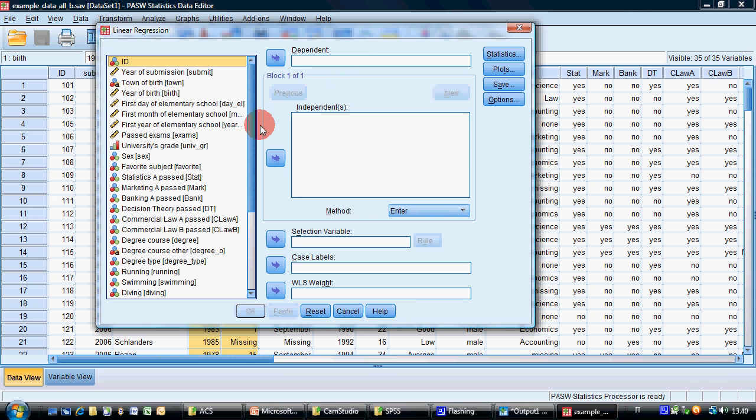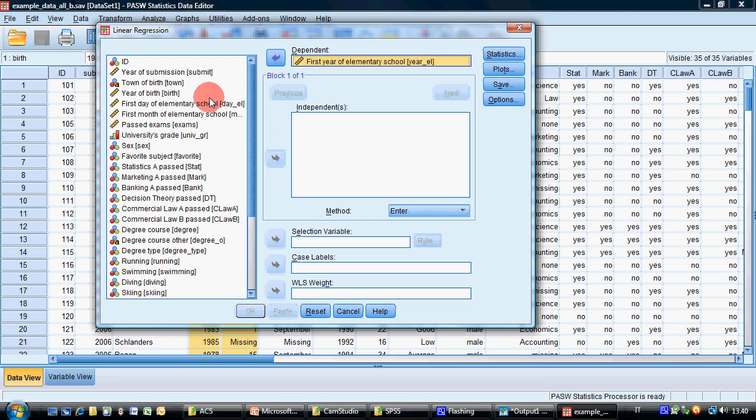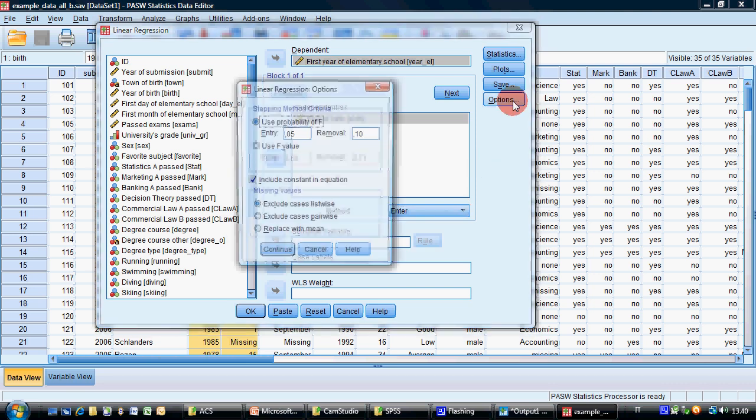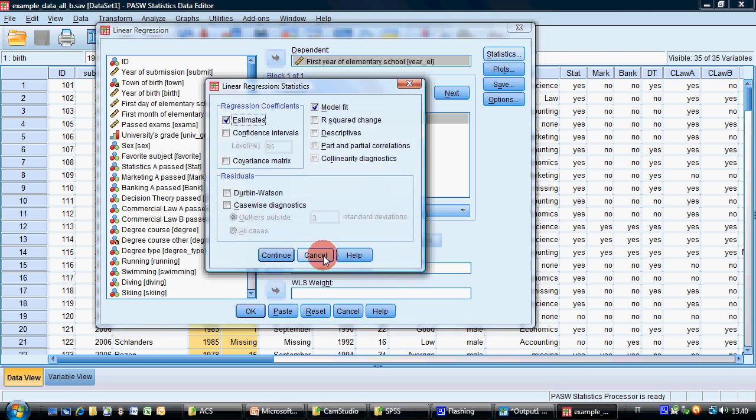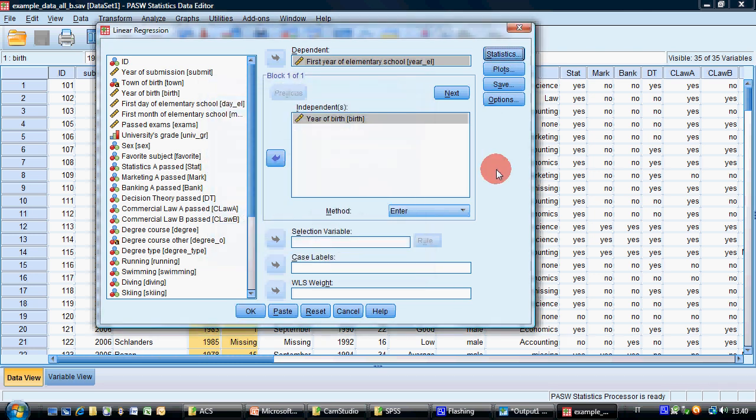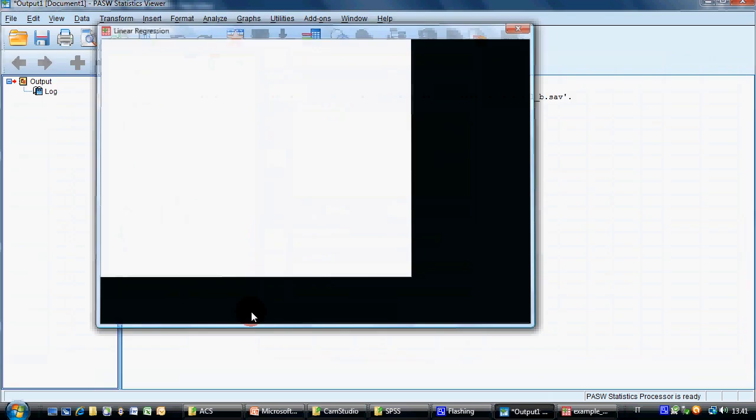Usually you decide from a theoretical point of view, so there is no statistics here, there's only theory, which variable is dependent and which variable is independent. So which is the influenced variable and which variable influences the other one. For the example we have seen before, first year of elementary school is the dependent and year of birth is the independent. Okay, leave everything as it is. There are many options, obviously, and many statistics, but usually leave everything as it is, press OK,